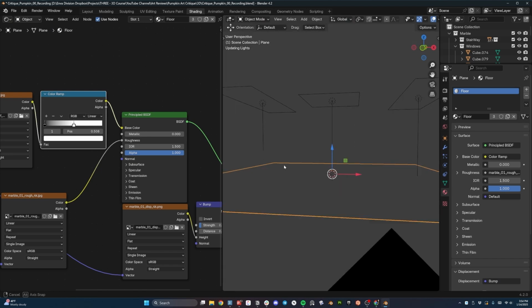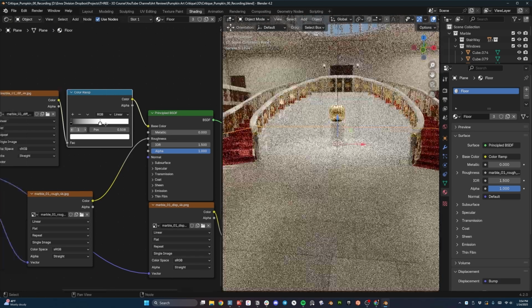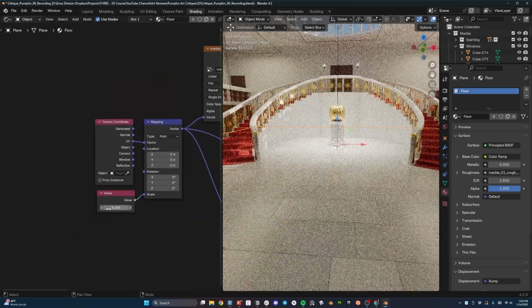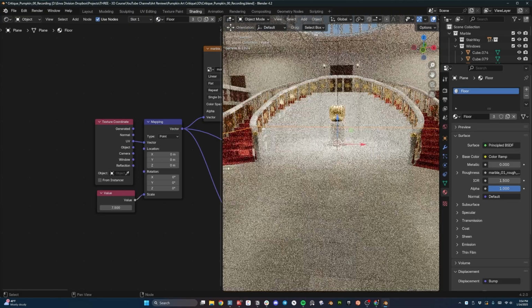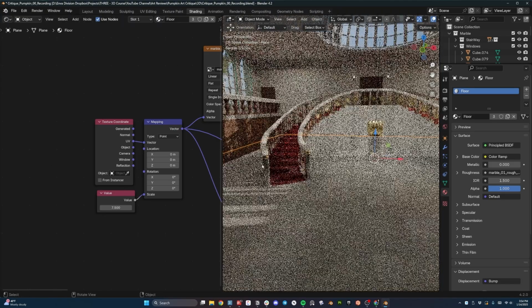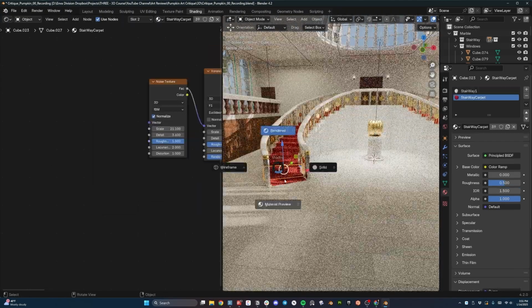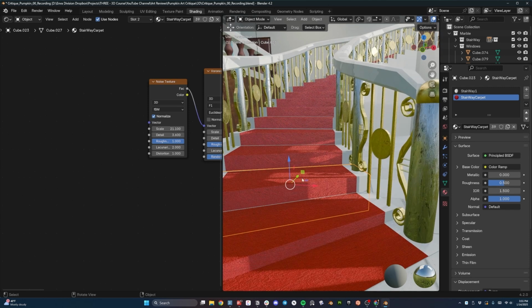So I'm going to go to shading, and then I'm going to crank the size and scale down just a little bit. And in order to make it smaller, you have to scale the size of how many times it's repeated. So we're going to go to something like 7.5 just to add a little bit of size work on there. Now I'm going to go back to material preview mode,